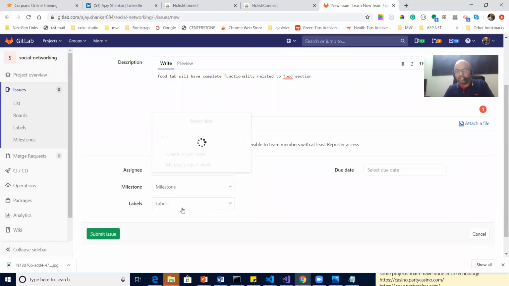So create. It is basically a story. Guys, is it clear or not? Story means working item. Always remember, when I say story, story means working item. Did you get it or not?